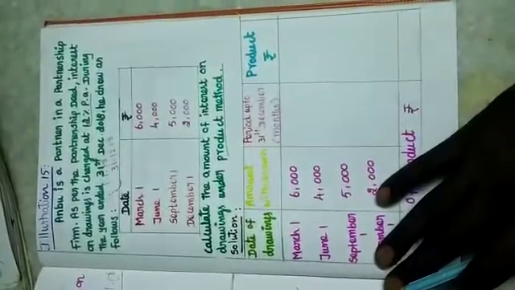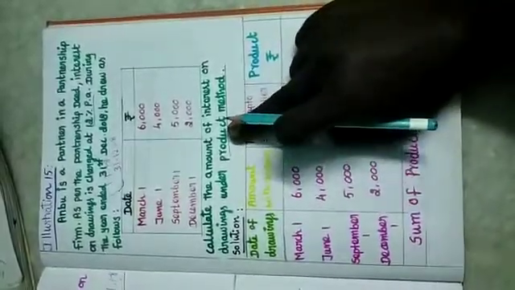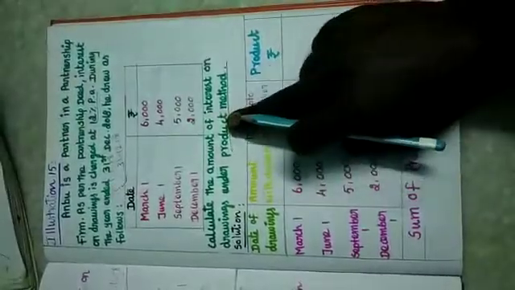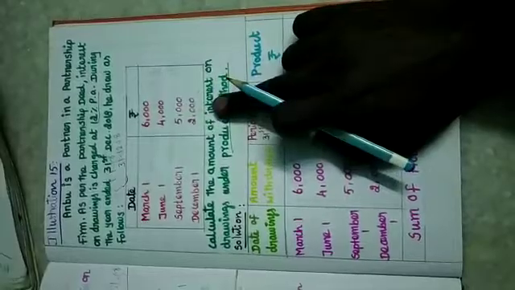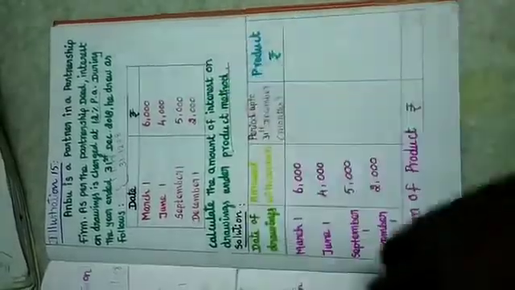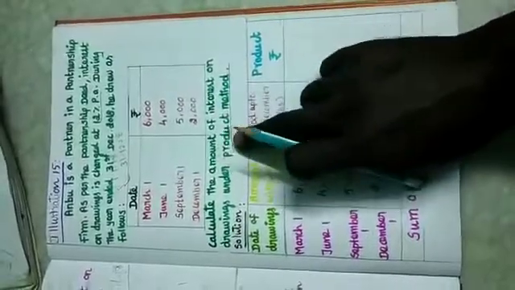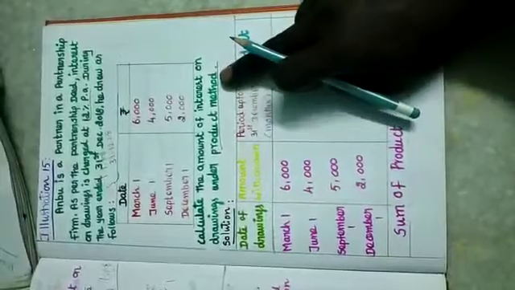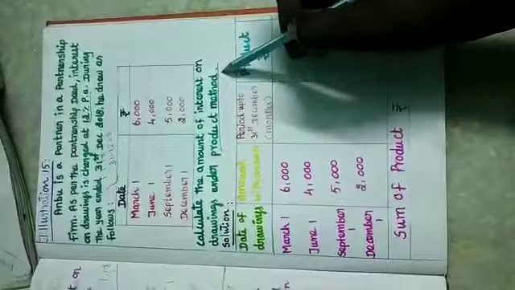In the previous sums they didn't specify which method to follow, but here they have said product method. If they have specified the product method, you have to use only the product method. They won't look at the answer alone; the answer will be the same for both methods, but they provide the marks for the method which you used. So keep it in mind. While you are reading the question paper, read it carefully. Calculate interest on drawings under product method. Now as I said, product method means we have to calculate the products first.